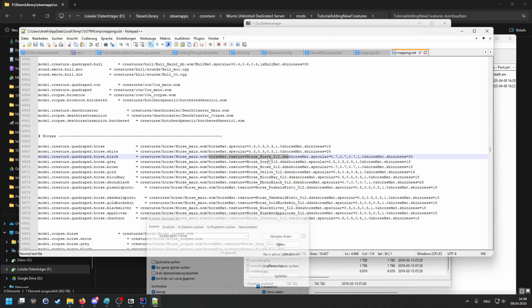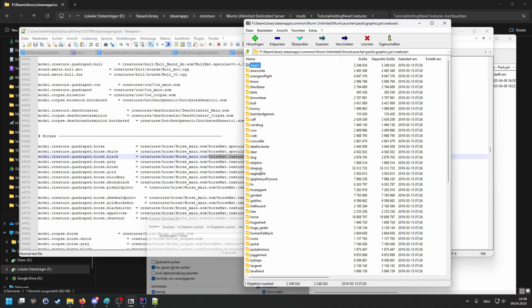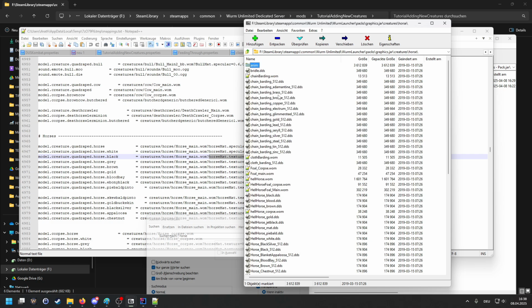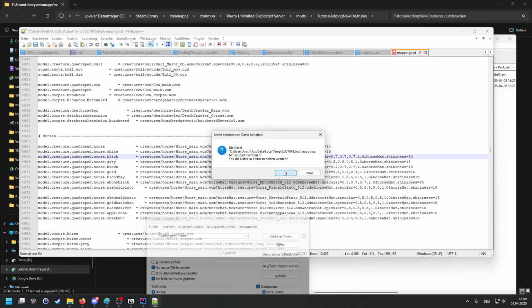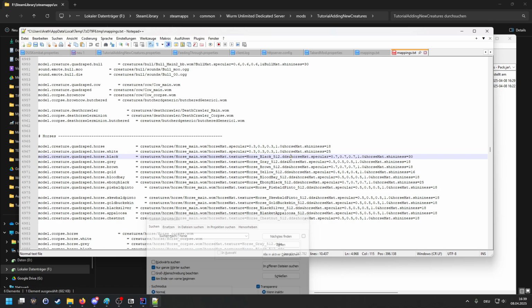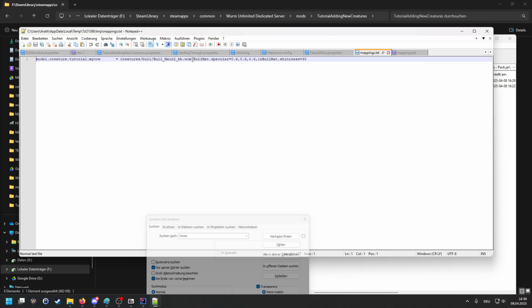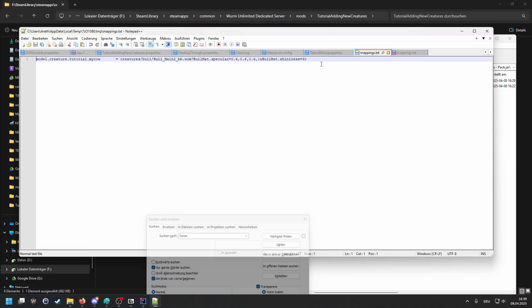And I think this is also, if I go to creatures, horse, yep, so they are in the same folder. Okay, so this is ours. And again, there is an end in between. Okay, so we need to remember that. And after the Wurm is a question mark, right? So after the question mark, I'm gonna put here my